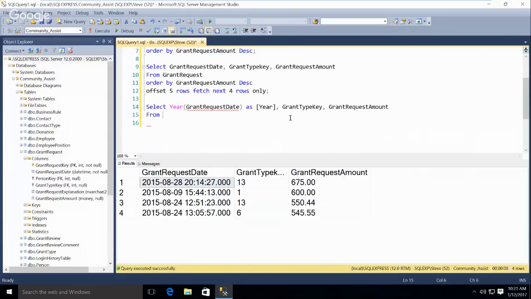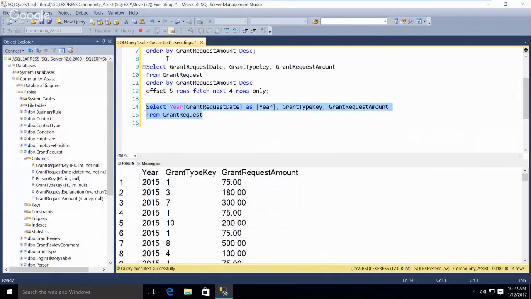From request, grant request. All right, so grant request, the year, what do you think it does? Displays over the year. Yeah, it extracts the year. Okay. So that can be useful if you wanted to just look at the year, right? It extracts just the year.